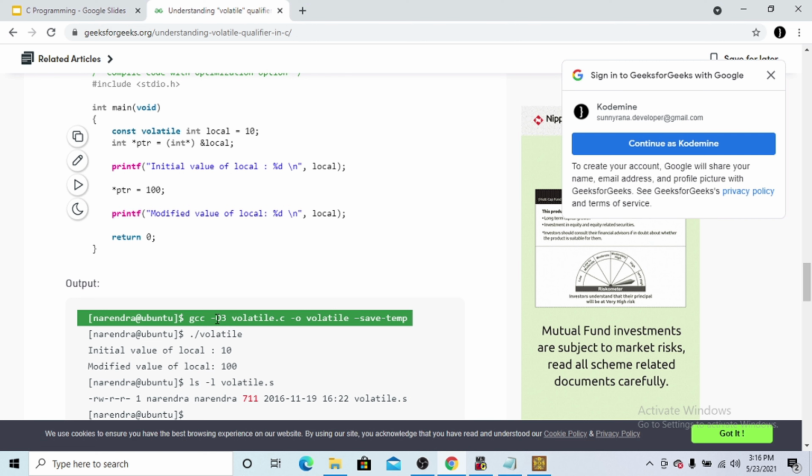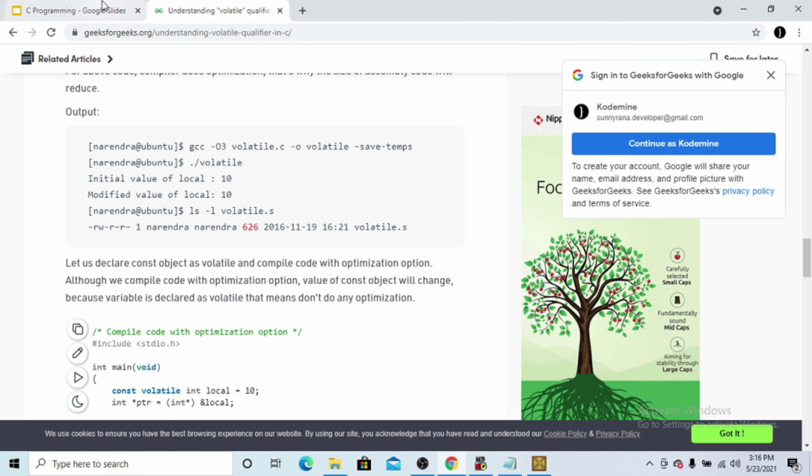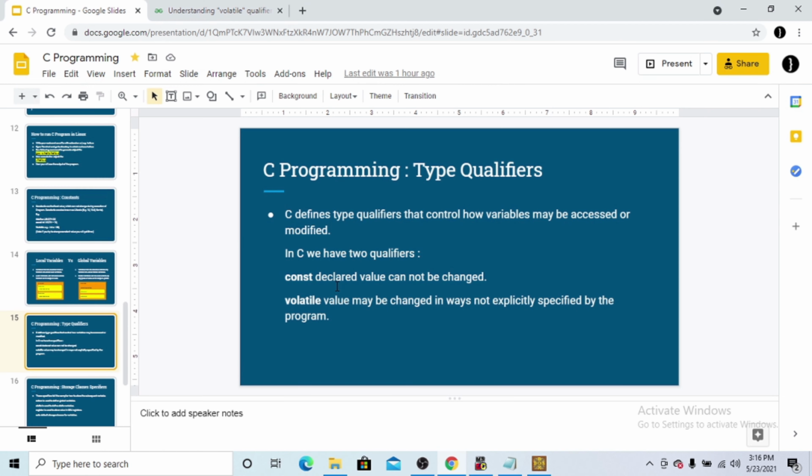It is important to understand what volatile is. Volatile is used when we want to change the value of a variable indirectly, and have it work under optimization also.